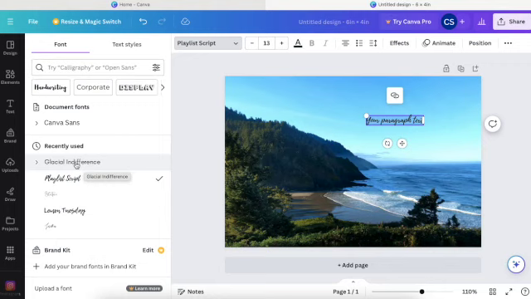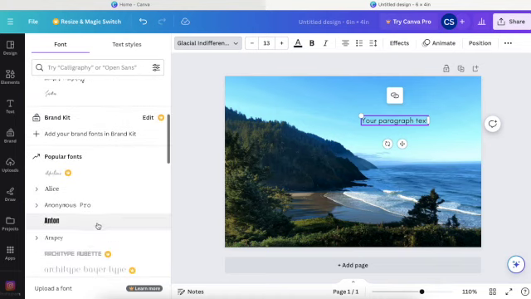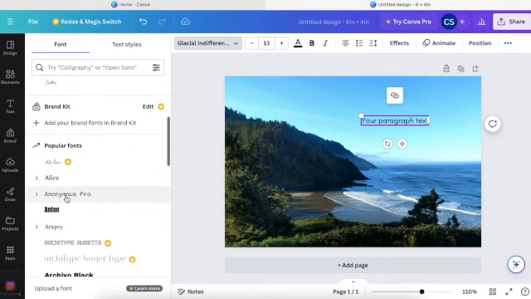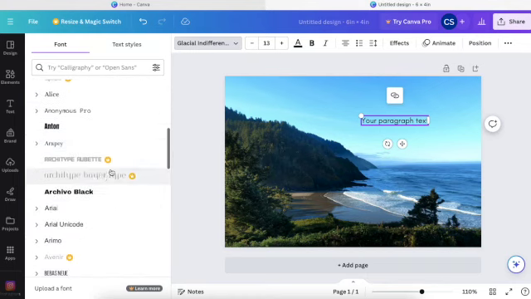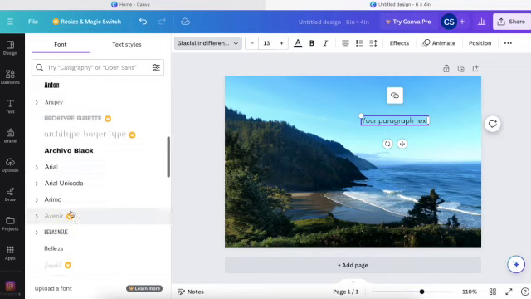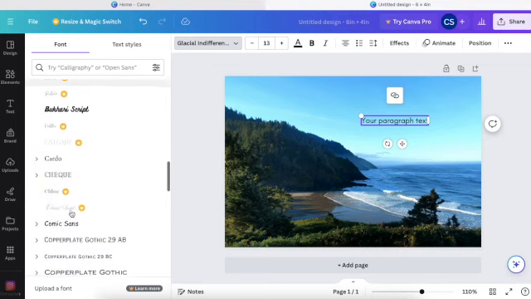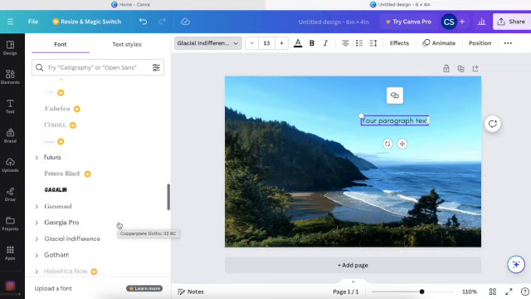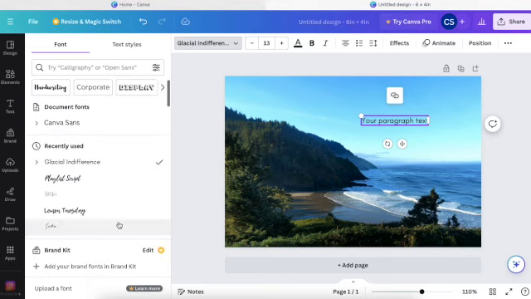And then you're going to go ahead and I often choose something like glacial indifference. Canvas Sans works as well. I just use glacial indifference because it's part of my brand. But you could use any of these. If it has the little crown next to it, that means you have to pay for it. But they have so many fonts that you don't have to pay for. They're free. So you can choose any of those that you prefer,